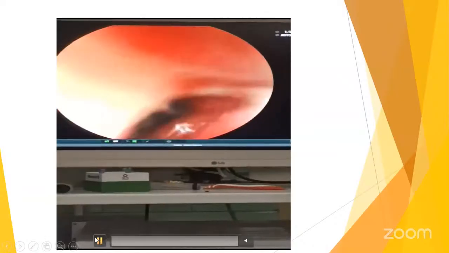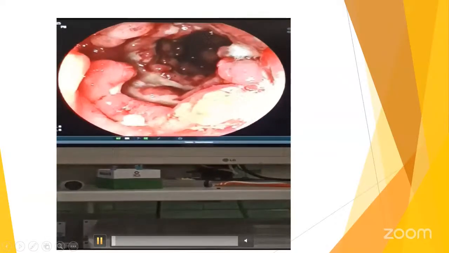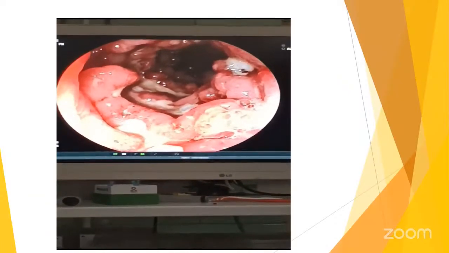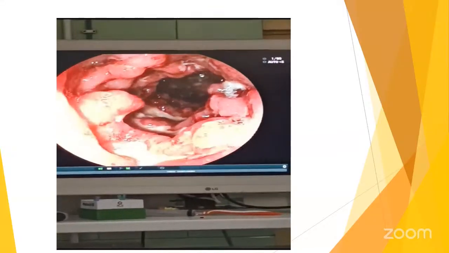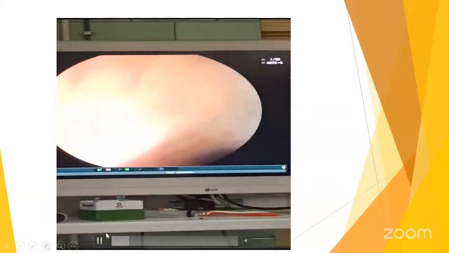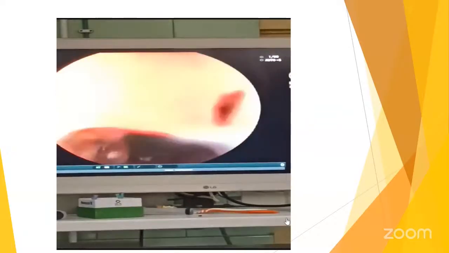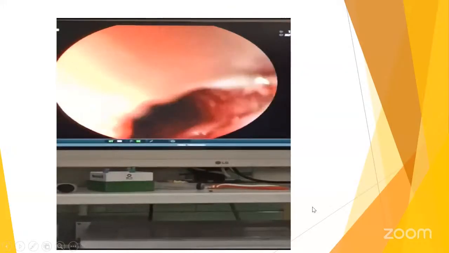This is the colonoscopy of an inflammatory bowel disease patient showing multiple pseudopolyps as well as ulcerated lesions. Again, you can see stools coming in. So the dictum is, whenever someone is having acute ulcerative colitis, never give bowel preparation before colonoscopy. That is one more take home message here.